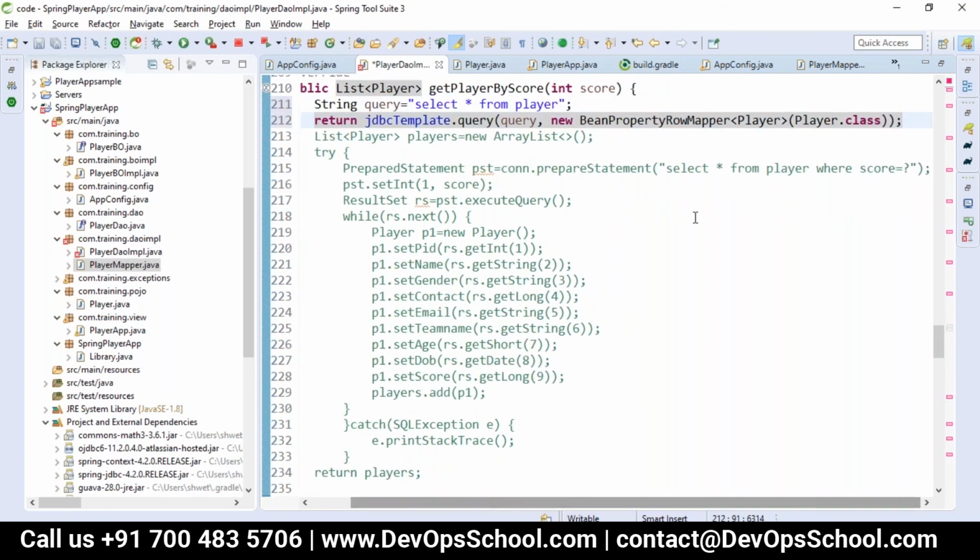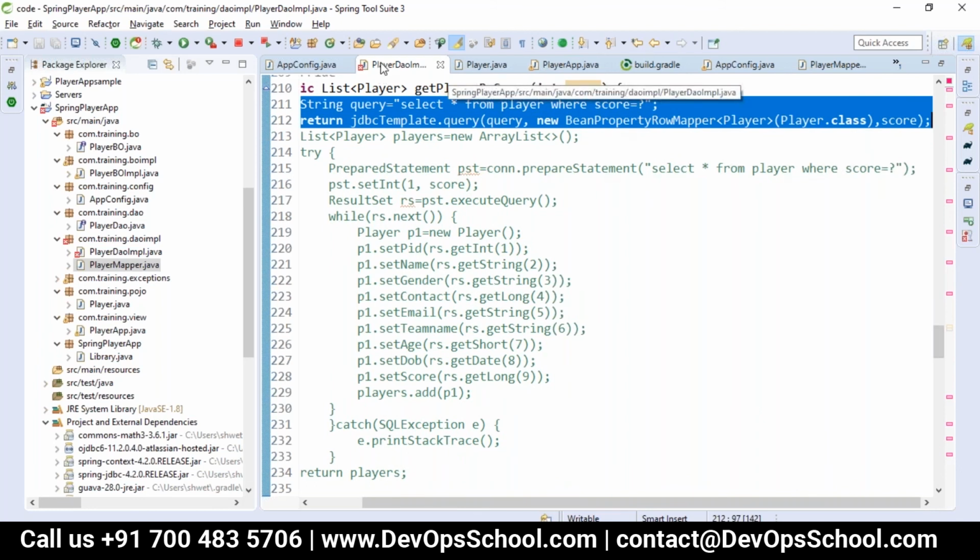But my condition here, I have to pass where score is. As we are going with the prepared statement, because write query once, run many times, compile once, run many times, that is a prepared statement. So how will you go with this now? The score value also should be configured here. So we can use the method here, and pass the score which you want to configure. Like this, we'll write the conditions.